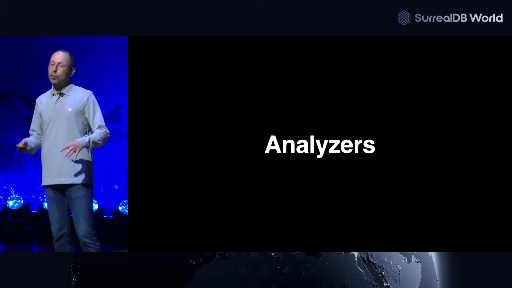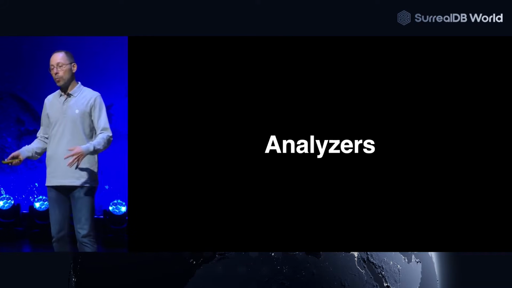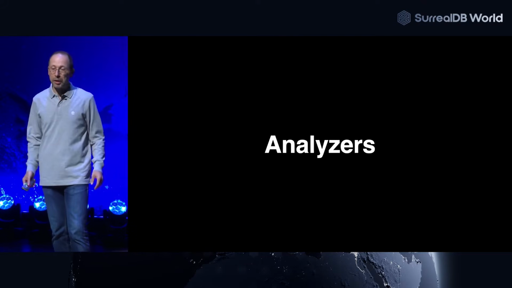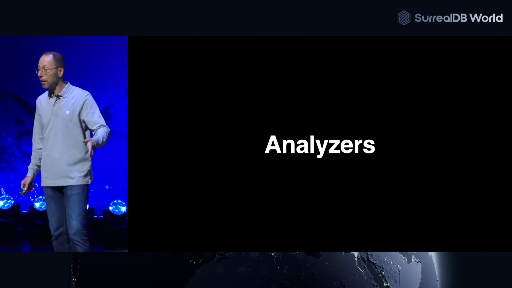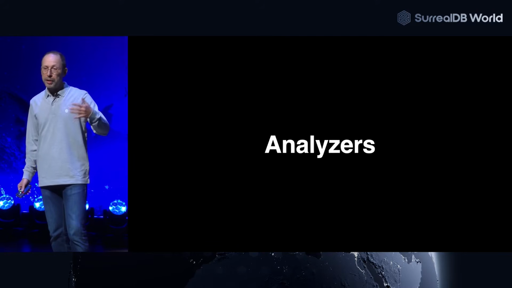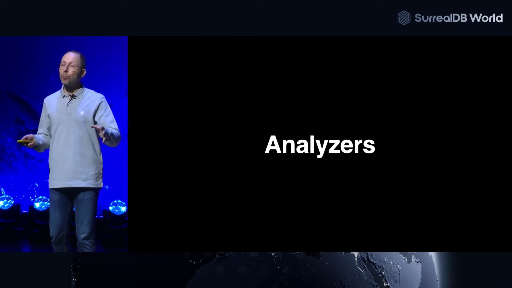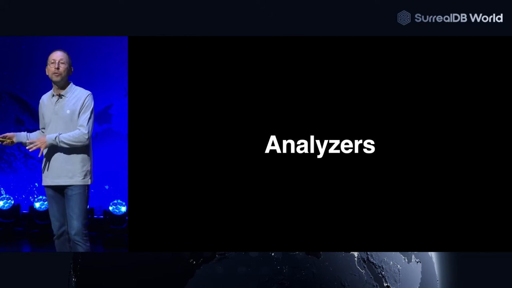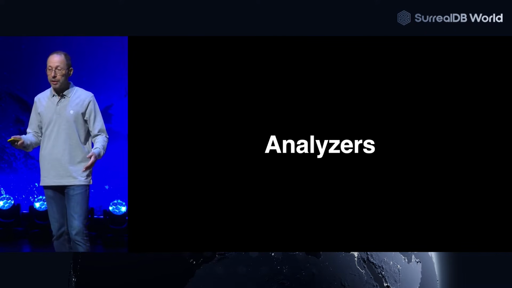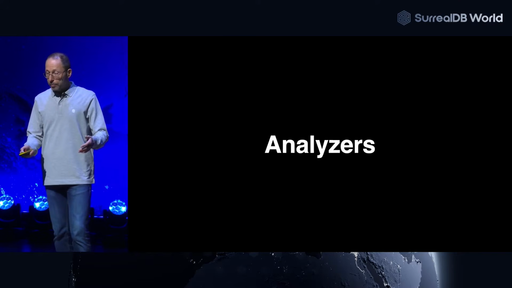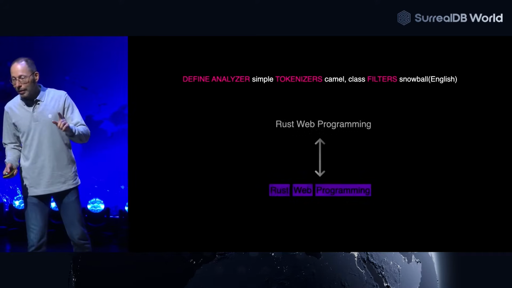I will start with a first concept that is not too common in typical databases. It's more common in full text search. So in the Lucene world, you are probably using some kind of analyzers. We are bringing analyzers to CyrilDB. Analyzers are tools that process text data, because when we want to do full text search, we need to extract the words from the text. In CyrilDB, it looks like this.